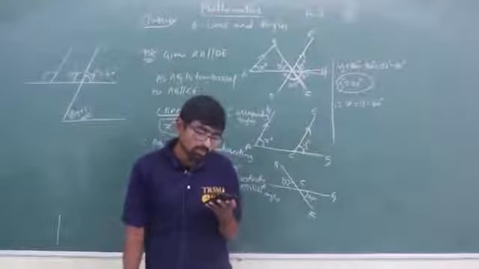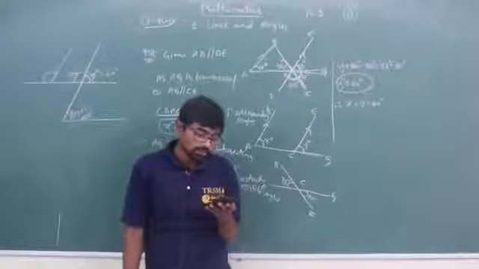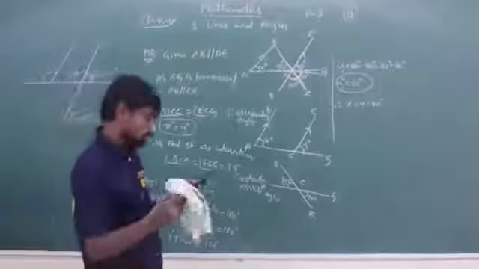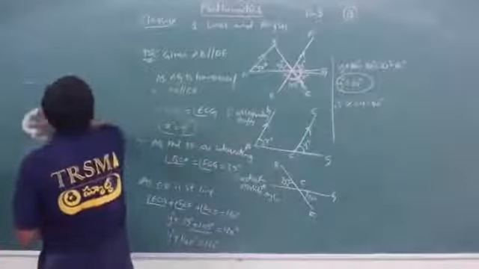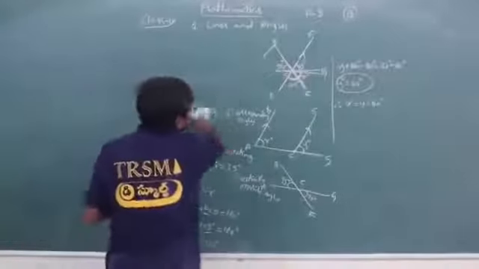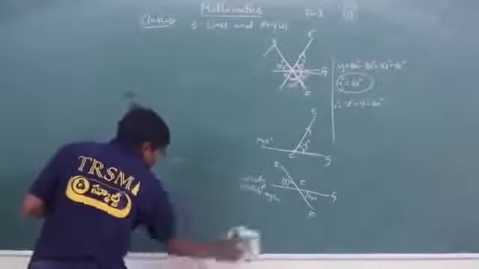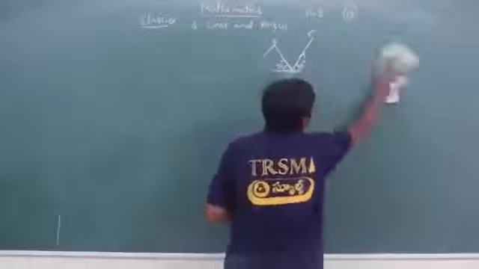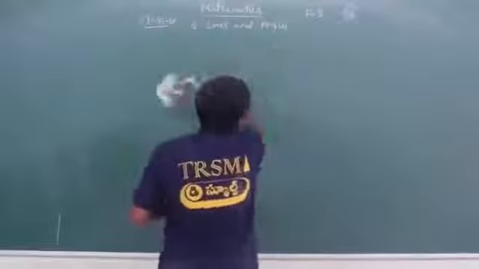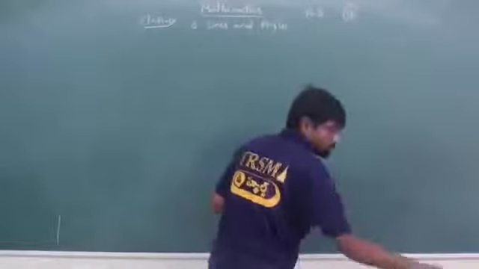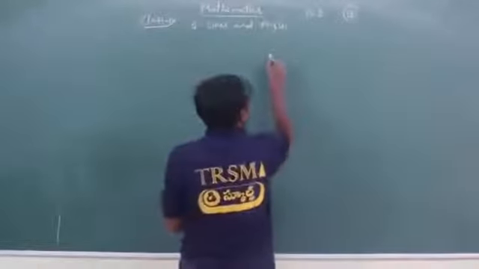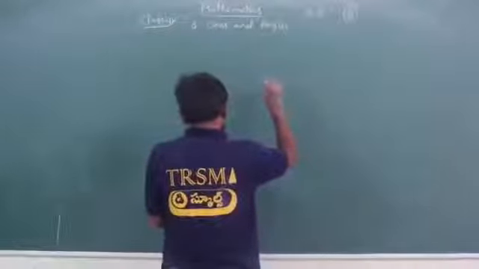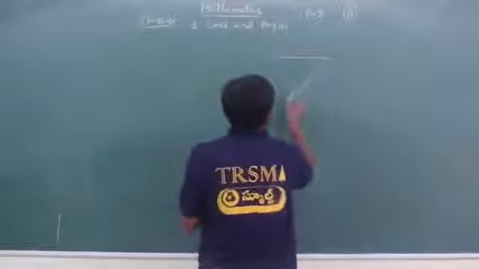11th one also same. Here you are having a triangle, so let me do the 11th one. This is based upon the topic of triangles. So in the 11th question, you are having two triangles.